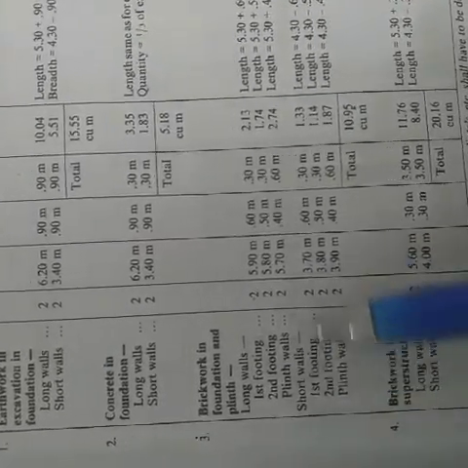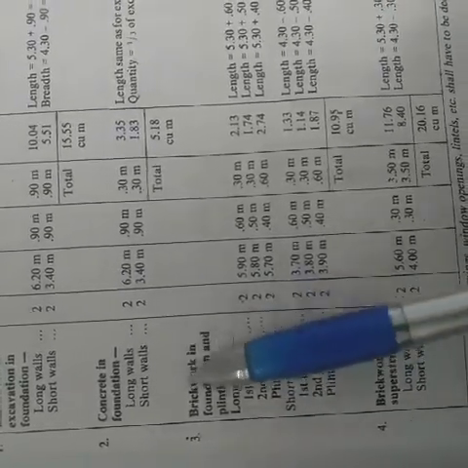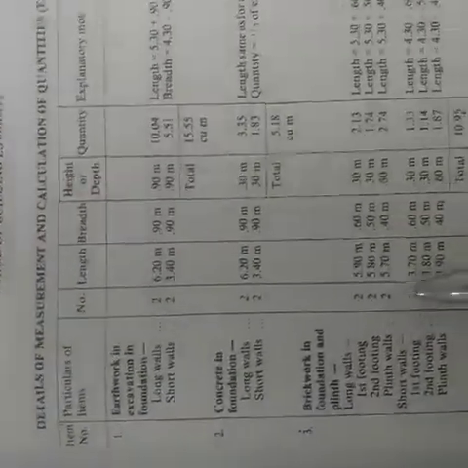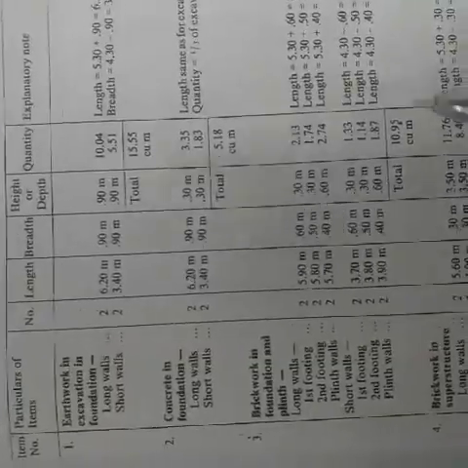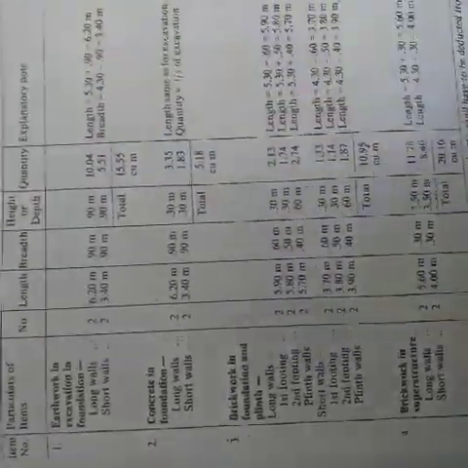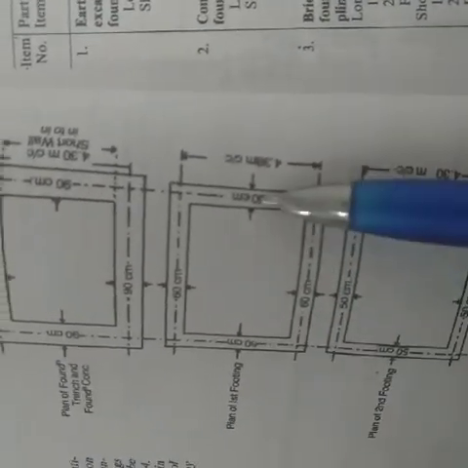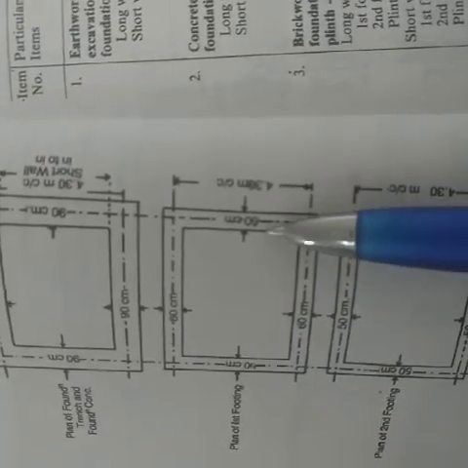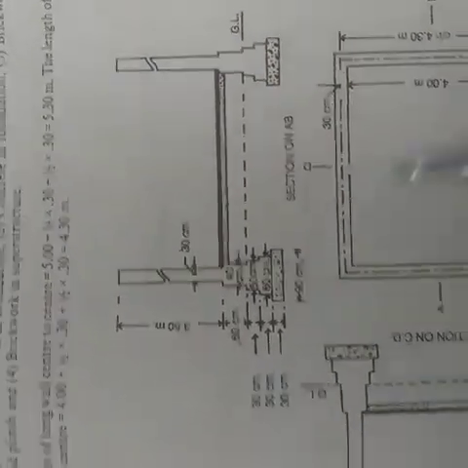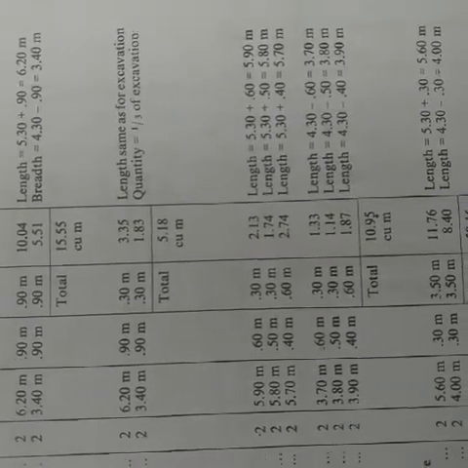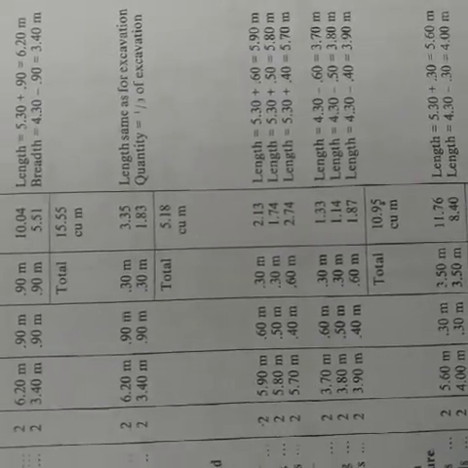So in first footing, second footing and plinth walls, all these three in long wall and in short wall. Basically we divided the whole structure in two segments. One is associated with the long wall, one is associated with the short wall. So this is the plan of first footing, 5.30 meter. What is the width of the first footing? 60 centimeter. You can cross check it here. So in this way you just calculate the length, width, breadth and height and multiply, similarly. I hope it is clear.